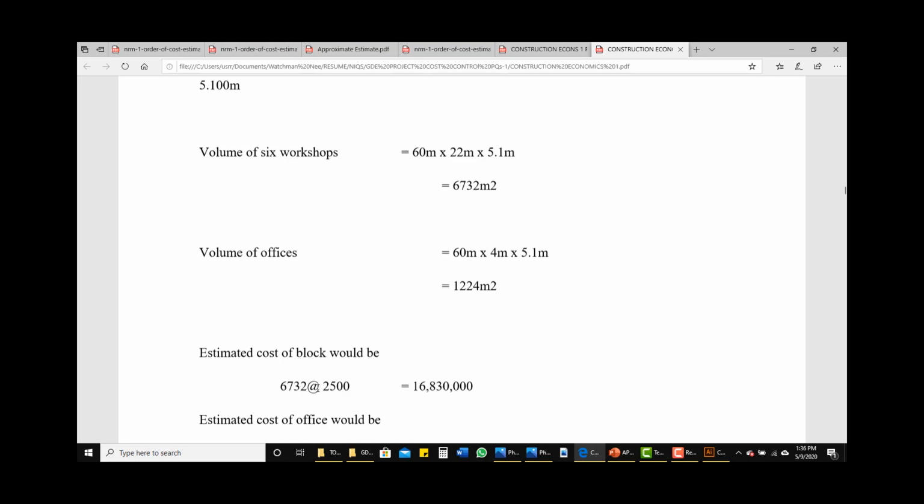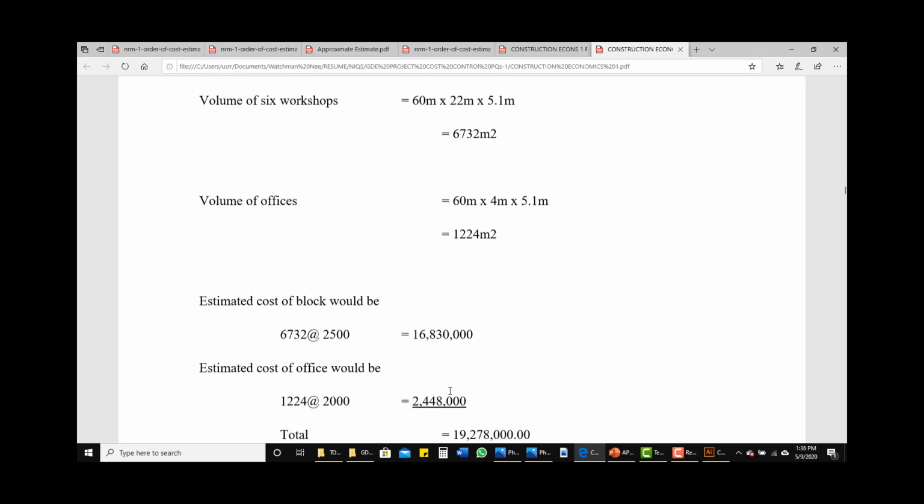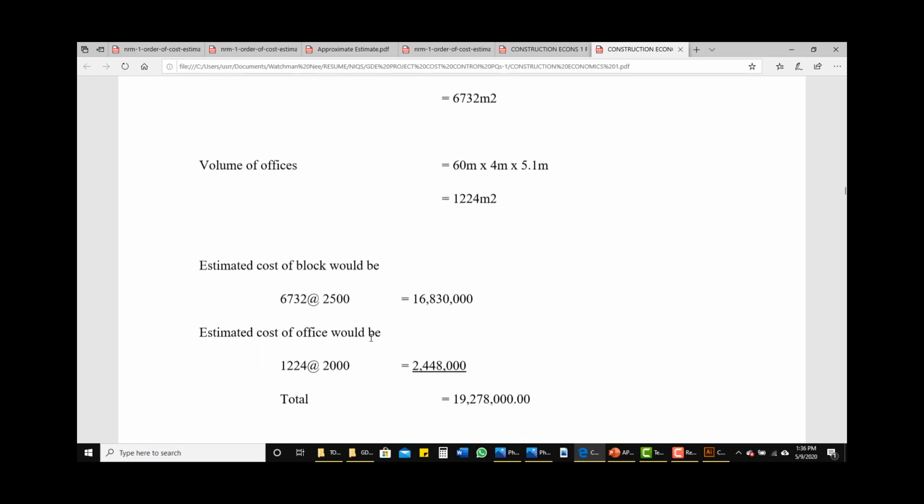So 6,732 cubic meter multiplied by 2,500 per cubic meter gives us 16,830,000 naira. So then the estimated cost of the office would be 1,224, which is the cubic content, multiplied by